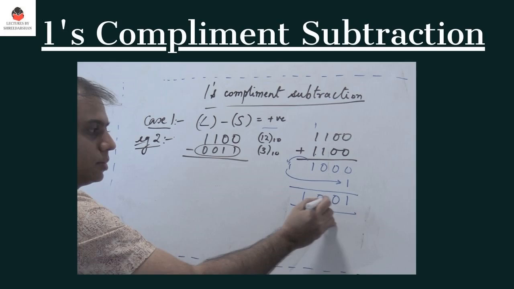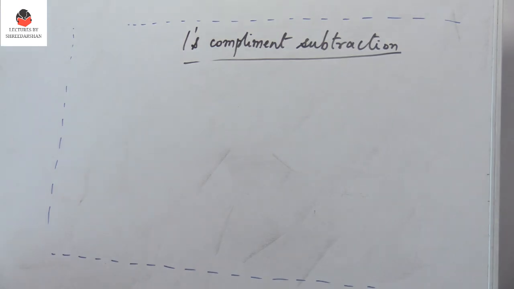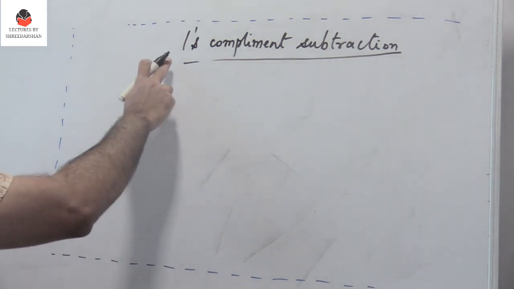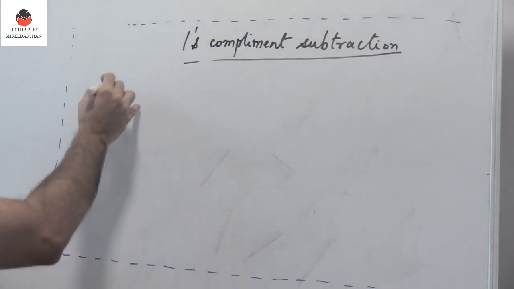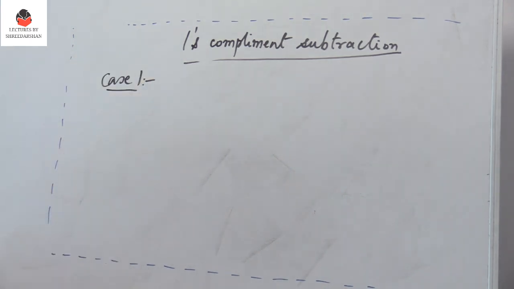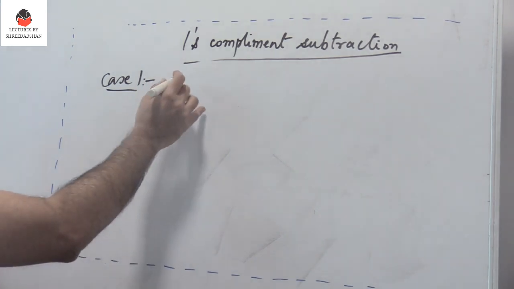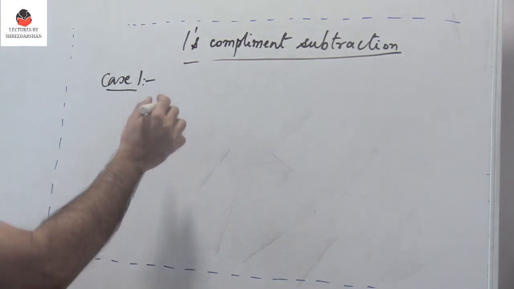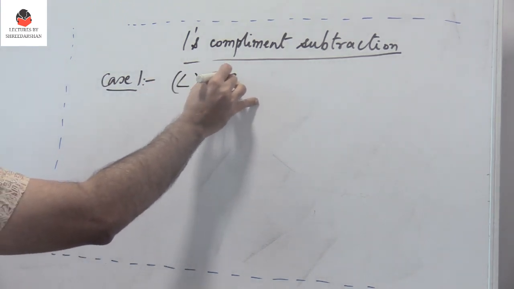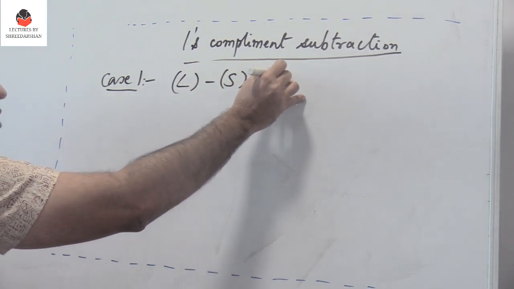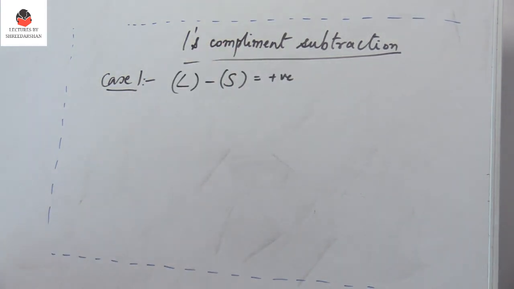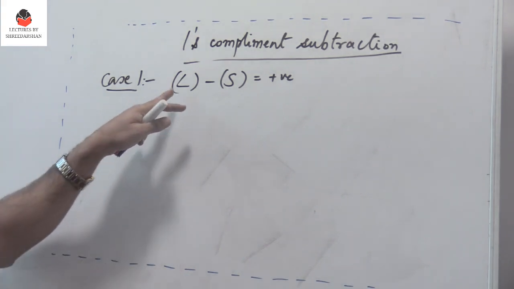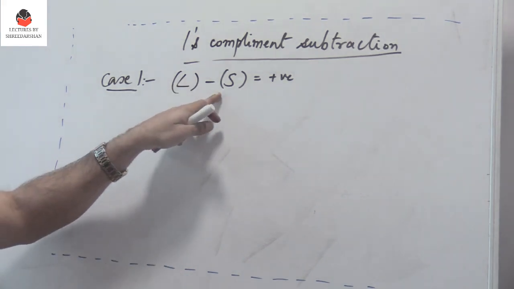So in this lecture session, let us revisit 1's complement subtraction. That is, how do we subtract two binary numbers by performing addition? Now when we want to perform 1's complement subtraction, we observe two cases. In the first case, we subtract a smaller number from a larger number, that is larger minus smaller, giving us a positive result. So let us see how we need to perform a larger number minus smaller number using